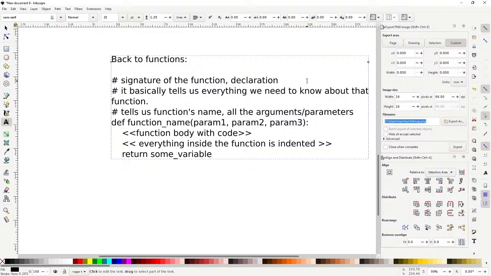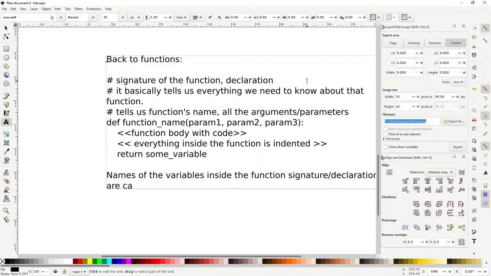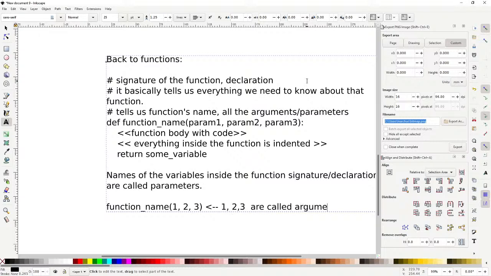There's one last bit of technicality I should talk about. The names of the variables inside the function signature, the declaration, are called parameters. And if you call the function with, say, 1, 2, 3, then 1, 2, and 3 are called arguments.